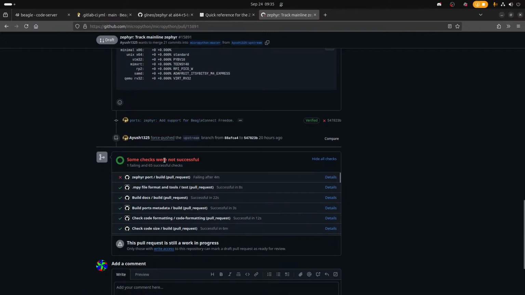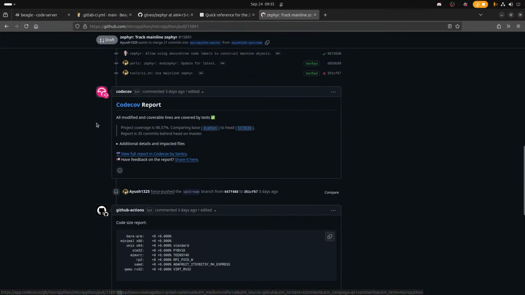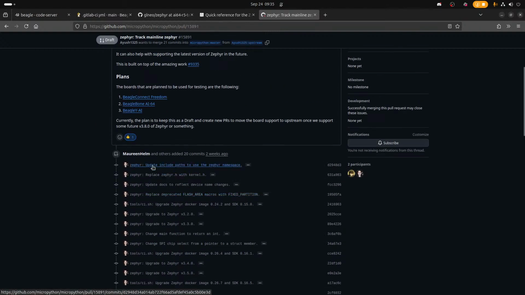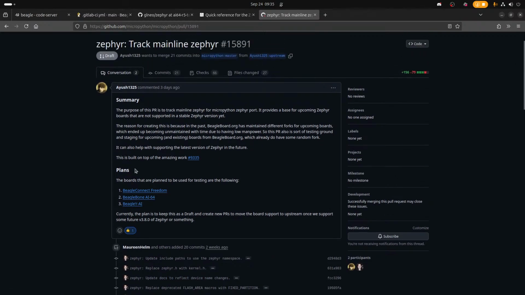The discussion is basically to have this eternal draft PR kind of thing, which tracks mainline, and once we stabilize to any particular version, all the BeagleBoard stuff will be merged into main from this branch. That's currently for 3.7, since 3.7 stuff is also not merged.